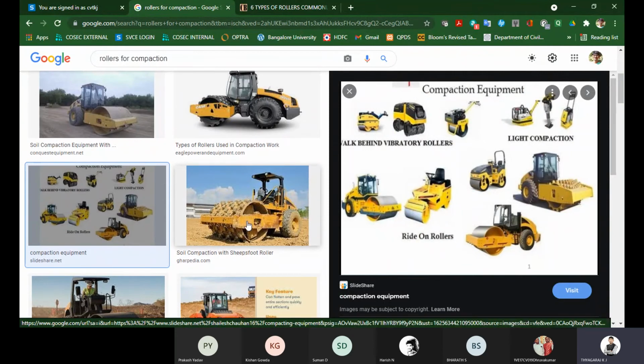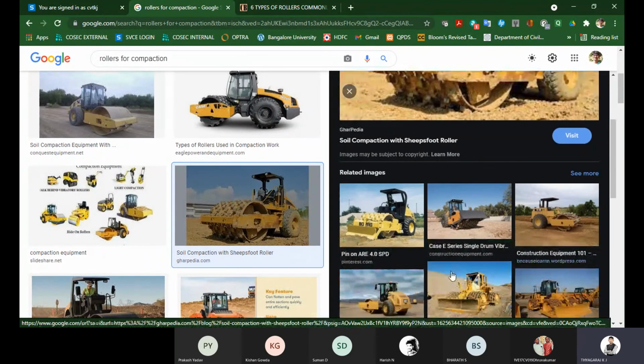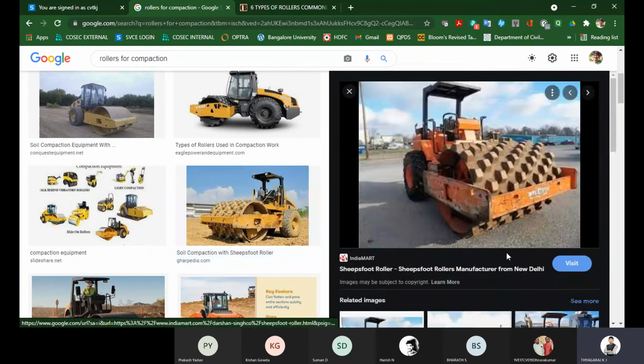This is the sheep foot roller which is used for compacting clay soils. There is a projection which provides a kneading action for the clay soil.